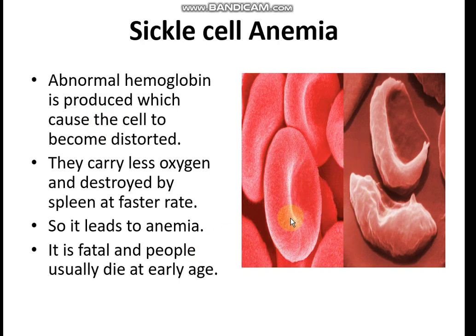Basically the function of red blood cells is to transport oxygen, and when they are not in proper shape, their oxygen carrying capacity is reduced and they are easily destroyed by an organ called the spleen. The person will then suffer from a condition called anemia, and it is really fatal. If the person is homozygous for this condition, the person may die at an early age,